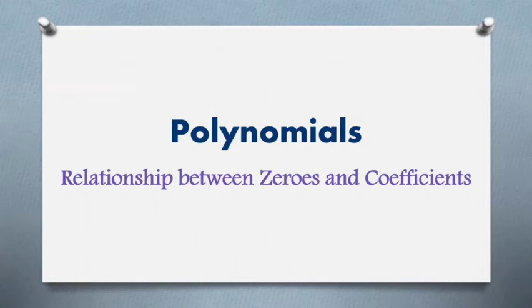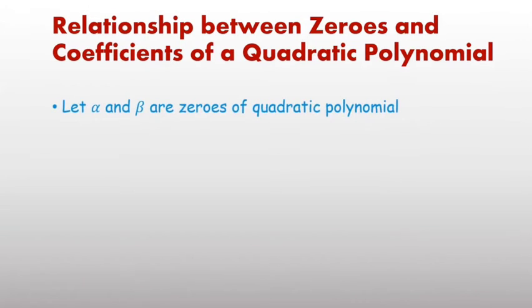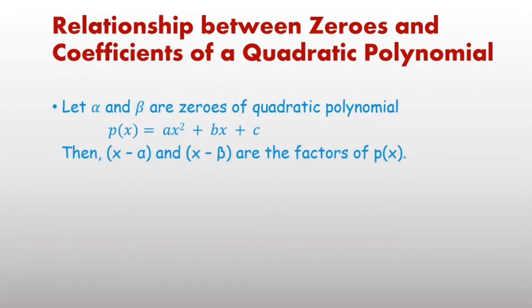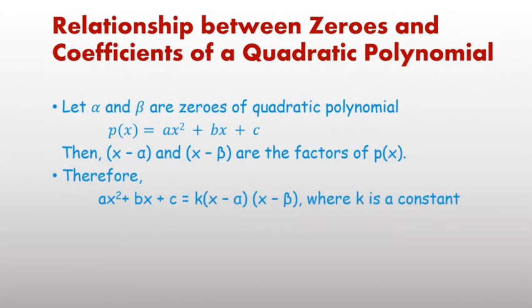Second topic in this chapter, polynomials: relationship between zeros and coefficients of a quadratic polynomial. If alpha and beta are zeros of the quadratic polynomial p(x) equal to ax square plus bx plus c, where a not equal to 0, then we can say x minus alpha and x minus beta are factors of p(x). If x minus alpha and x minus beta are factors of p(x), then we can write ax square plus bx plus c